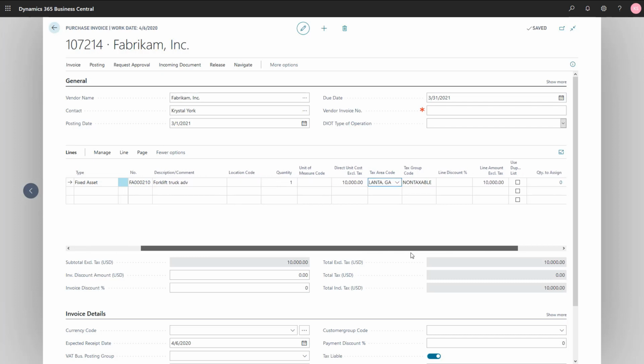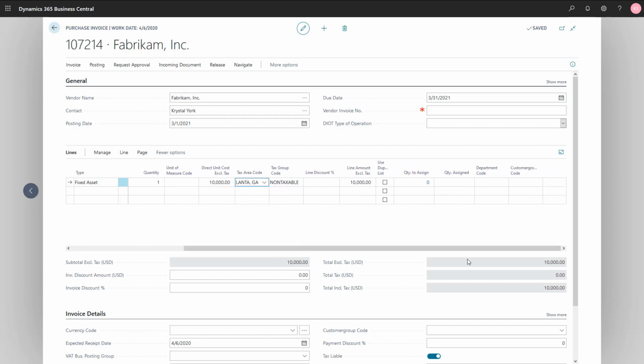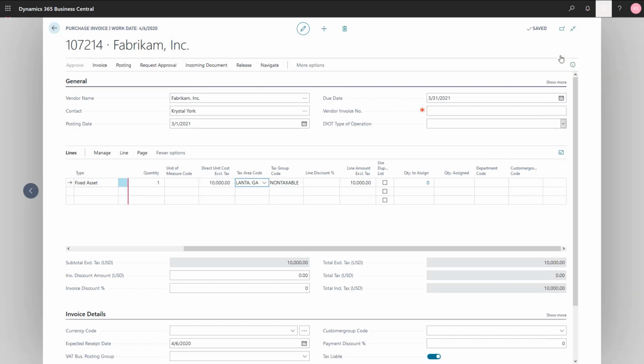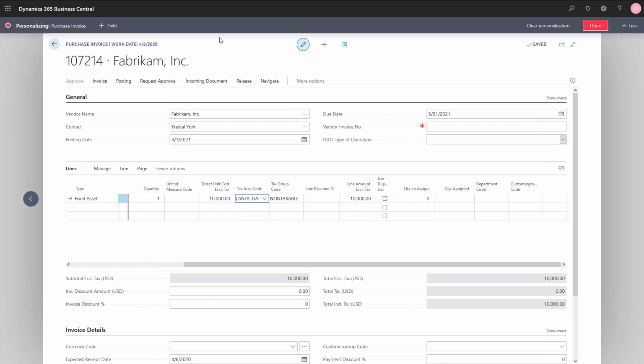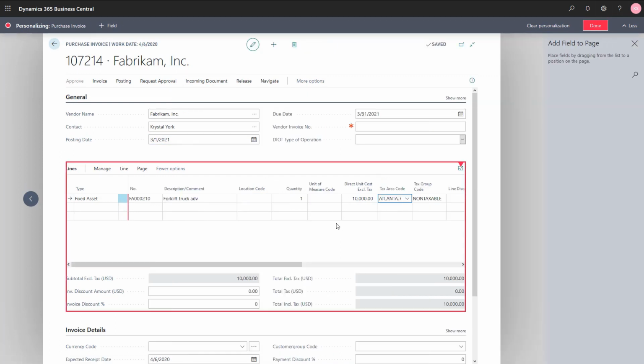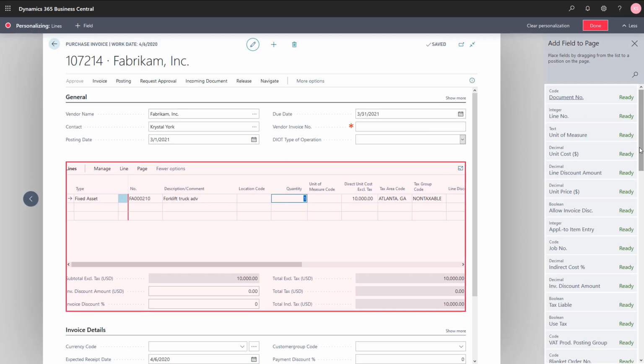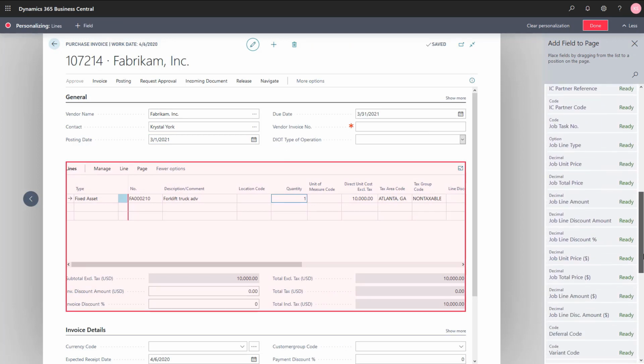You can enter the amount like we saw in previous examples and so on and so on. And like I just said, most important here, if you want to reverse the budgeted amount from the purchase invoice, you have to enter the budgeted fixed asset number. Now this is a column that you can display by going to personalize. So I can click here on add fields. So let's have a look at the fields that we can add. There we go. And if you now scroll down,